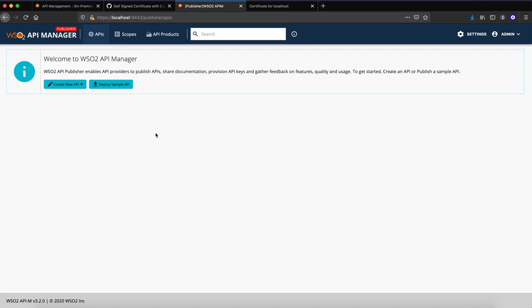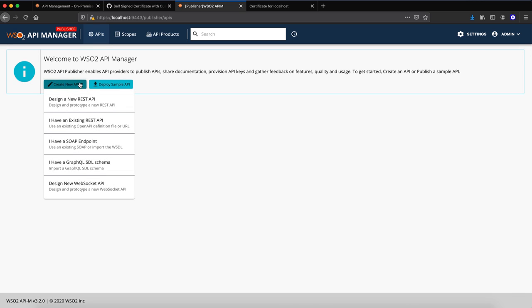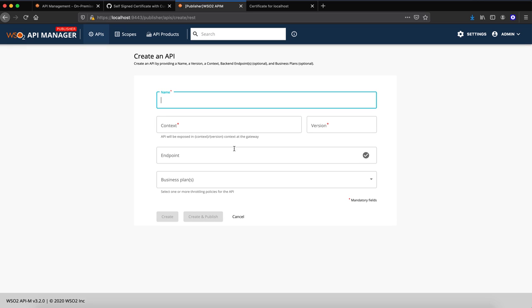landing page. And because it's a fresh install, I don't have any APIs listed here. Let's create an API, by the way. There are a number of options. I'm going to use the design new API, and then say mutual SSL test, and maybe I can say mock user